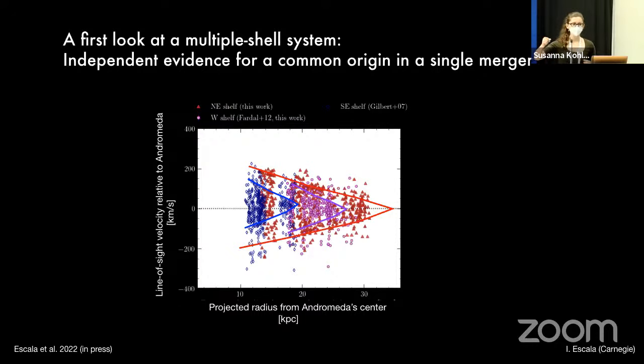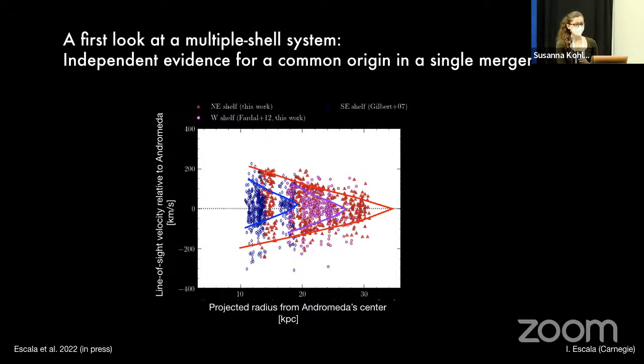So it's coming toward M31, and then as it's being tidally disrupted, you have material that is located closer into the galaxy as it loses energy. So it would be highly unlikely that you had multiple processes that resulted in what we're looking at here. The simplest explanation is that they have a common origin in this last significant merger.